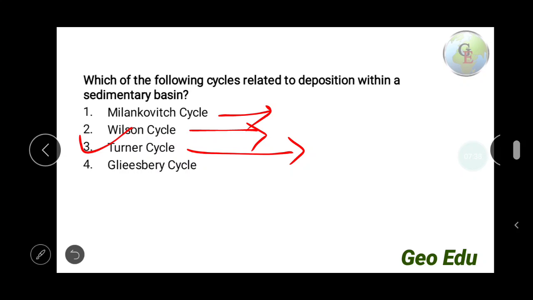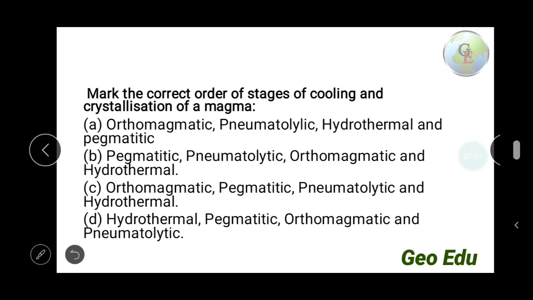The Turner cycle is related to the depositional cycle of sediments within a basin, and the Gleisberg cycle is related to, is a rock cycle. So here the answer will be the Turner cycle. Next question: